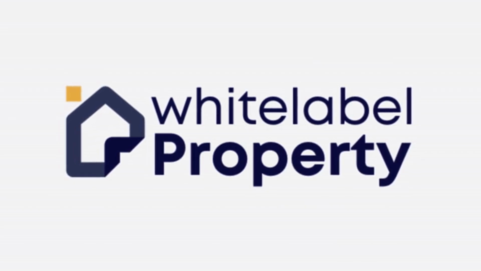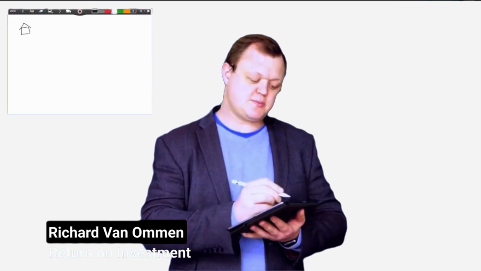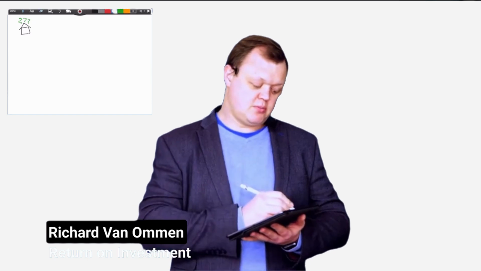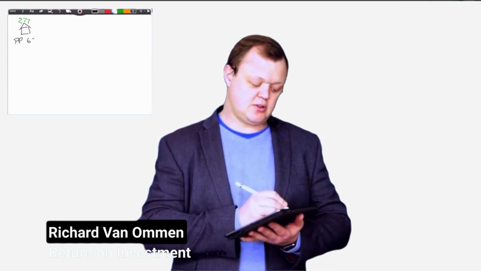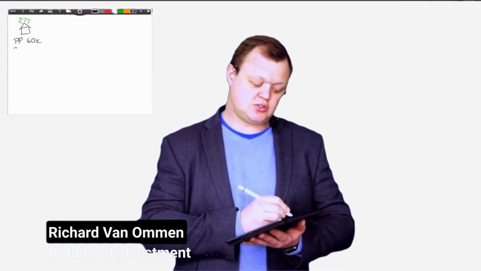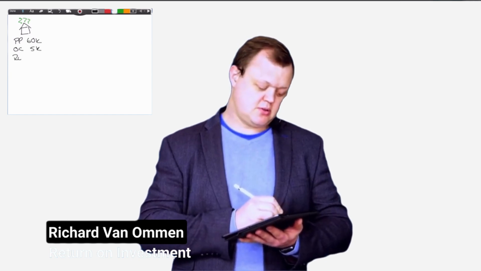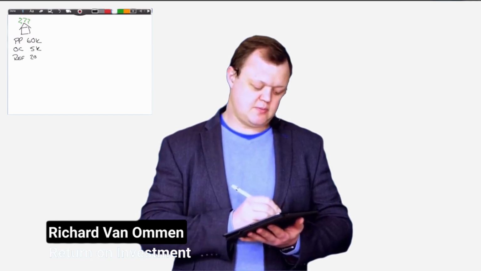So let me talk you through what return on investment is and how it works. We're just going to go through the quick fundamental deals. I'm going to go through the simple deal we typically go through, where you buy a house that's a little bit smelly, for a purchase price of 60,000. Other costs, so legals and stamp duty, of 5,000, refurbishment of 20,000,